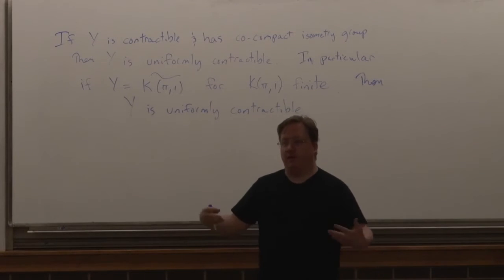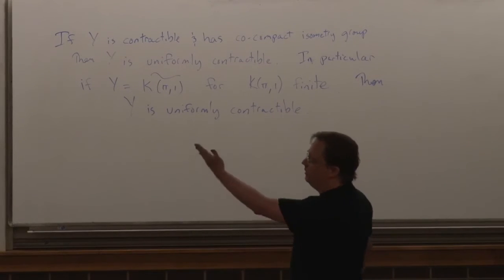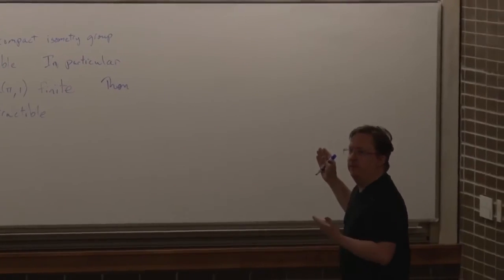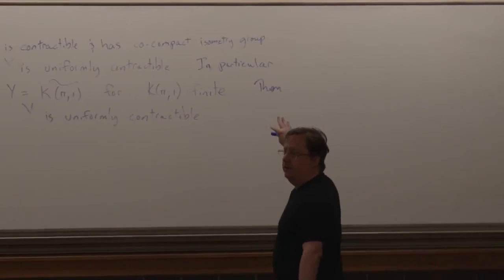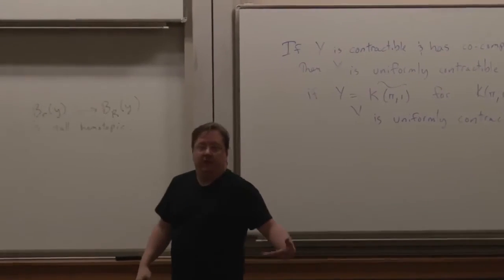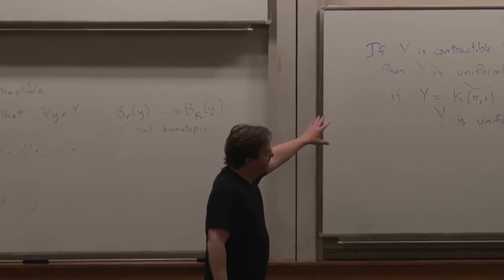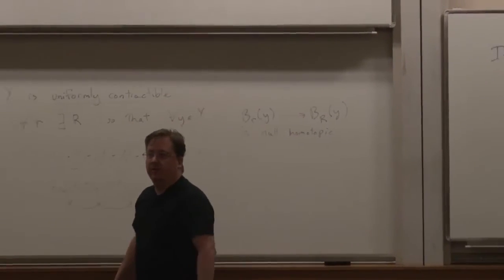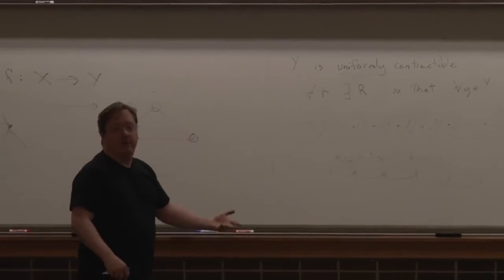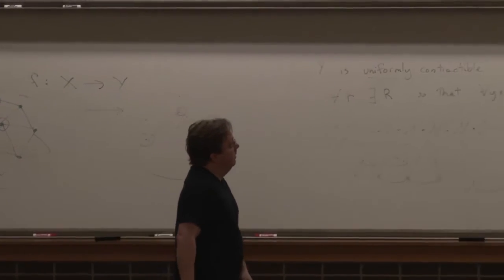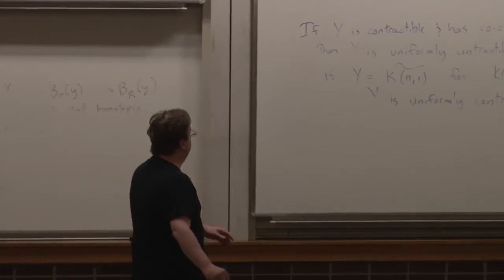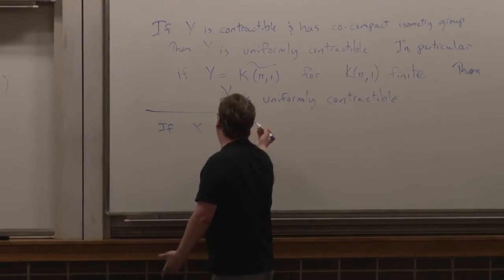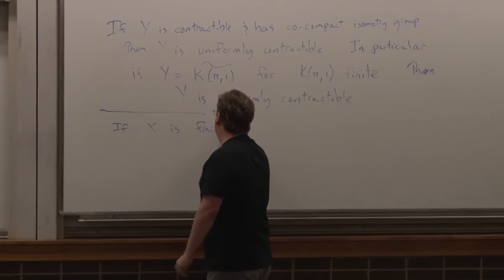So when I said there are things, we pick a space X we like for some reason, this is the kind of thing we might like about our space, although somehow now we're calling it Y. So if the space we're dealing with we're interested in because it's the universal cover of some compact aspherical manifold or some other space, then it is going to be uniformly contractible. Okay. And what I started sketching over here is that if X is, say, finite dimensional,